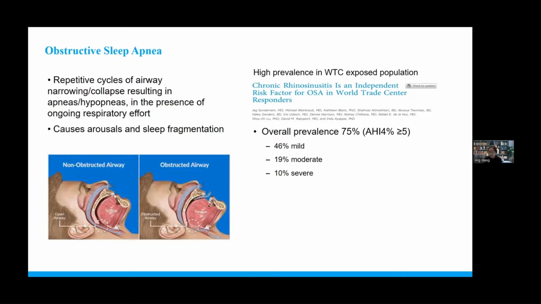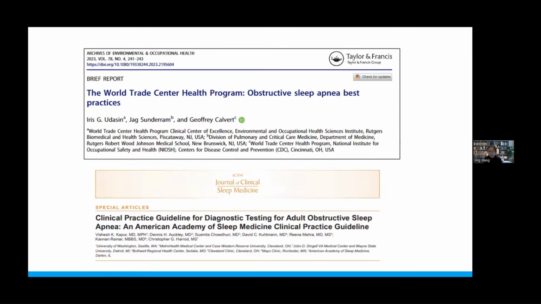Other suspected contributing factors to sleep apnea in general, and in this population, may include factors like BMI, so presence of obesity, and other mechanisms such as greater pharyngeal collapsibility, a lower arousal threshold, and high loop gain. These are all potential mechanisms that are still being explored. So that was just a very brief background.